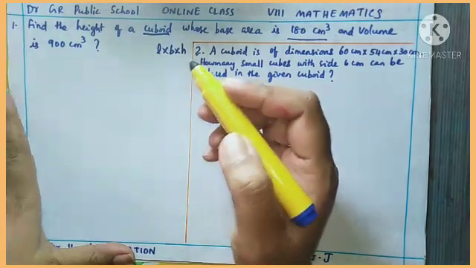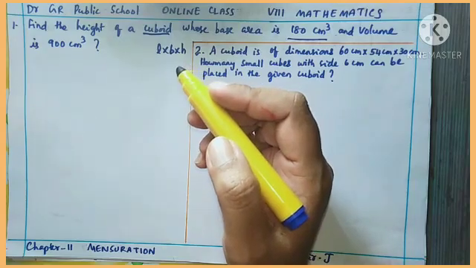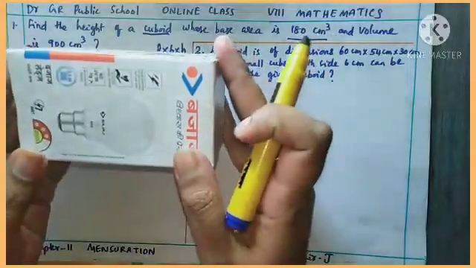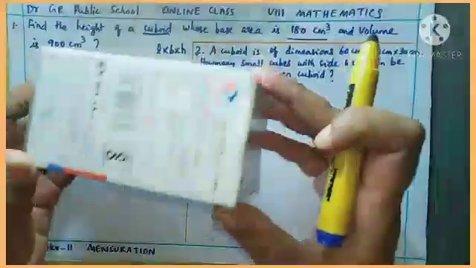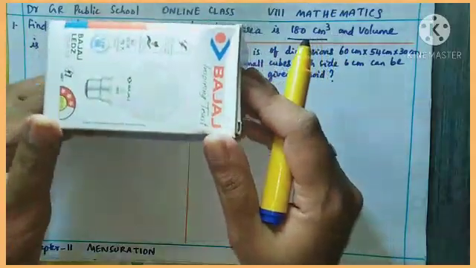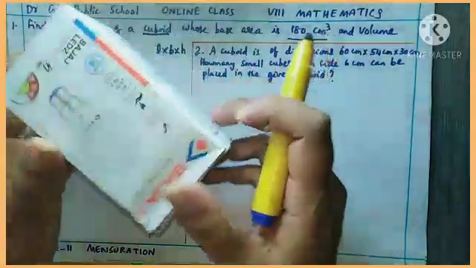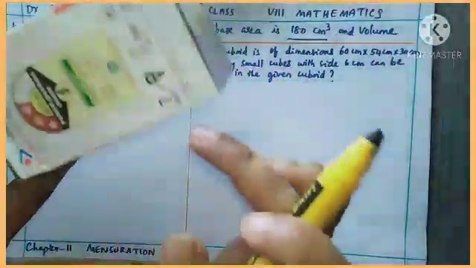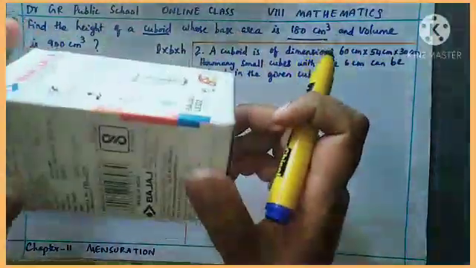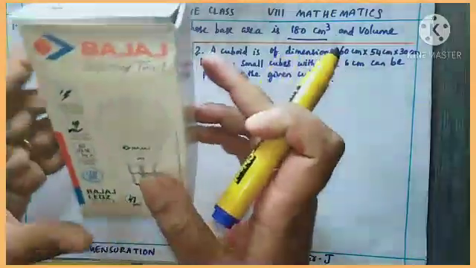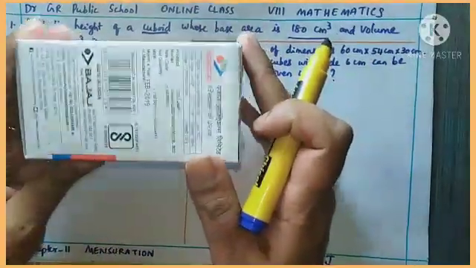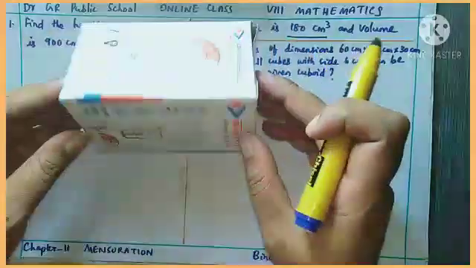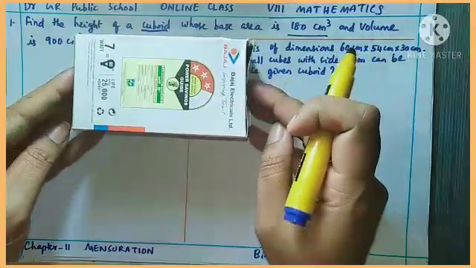All of you imagine a cuboid. Now I will show you one box. All of you see, this is a box of a cuboid shape. Correct? Can you see? So this is a shape of a cuboid. Okay, now it has 6 faces. Right? 1, 2, 3, 4, 5, 6. 6 faces are there. And everything you know about cuboid. Now I want to show you what is the base area. So a cuboid is like this. Understand? So this is a cuboid.